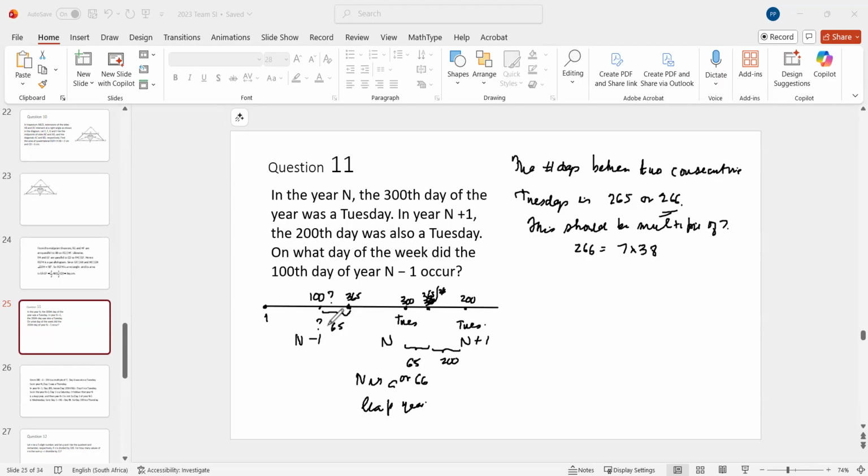No, it's not 65, it's 265, sorry. From 100 to 365, there are 265 days left for this year. And then this is the 300th day from day 1 of the Nth year. So the distance between these two